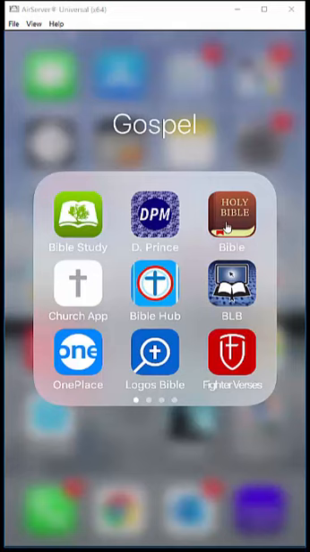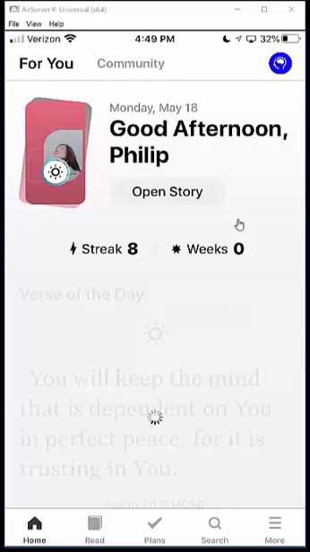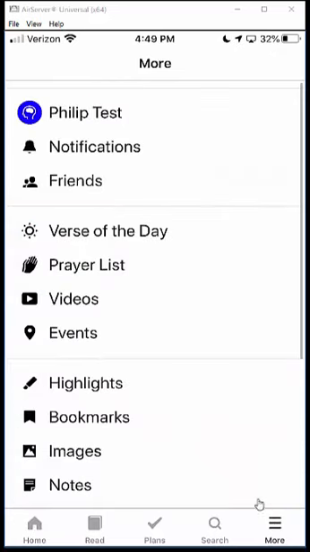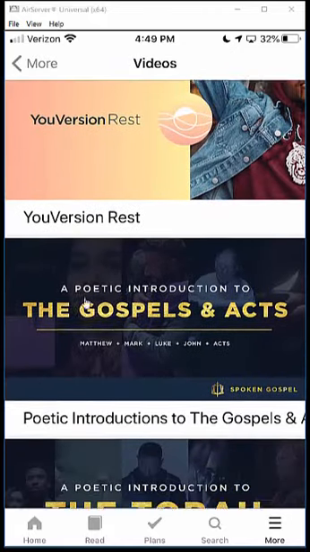In this video, we're going to be taking a look at the external resources that are available within the YouVersion Bible app. So we're going to open up the app and we're going to go to the More button down here. This is where you're going to find these external resources under Videos. And I'm going to scroll down